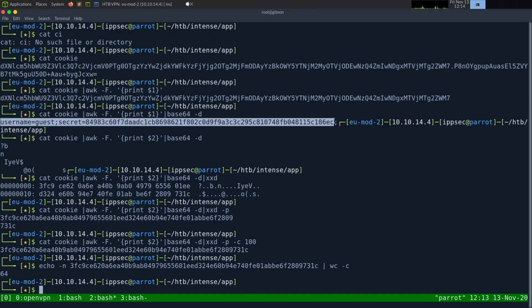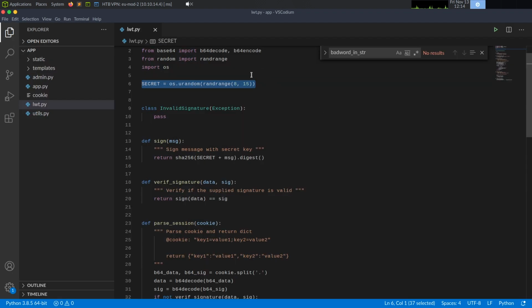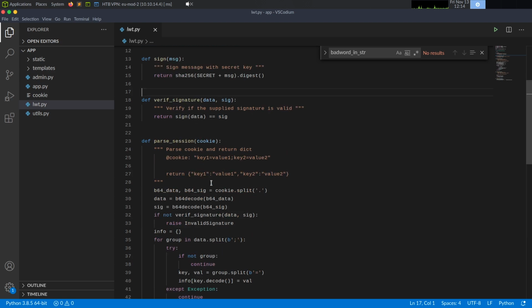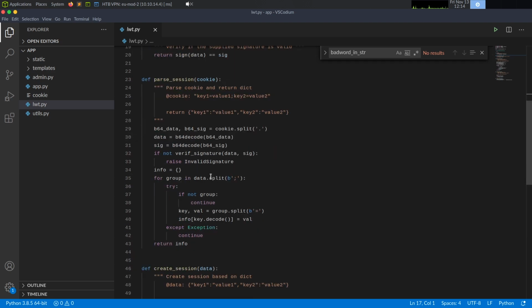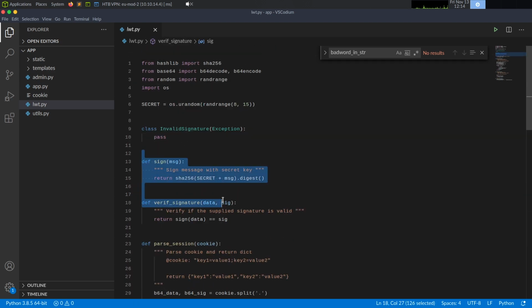So can't really crack that. However, it is vulnerable to a hash length extension,